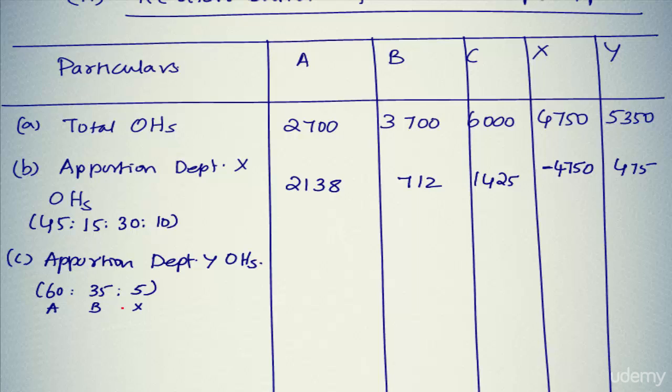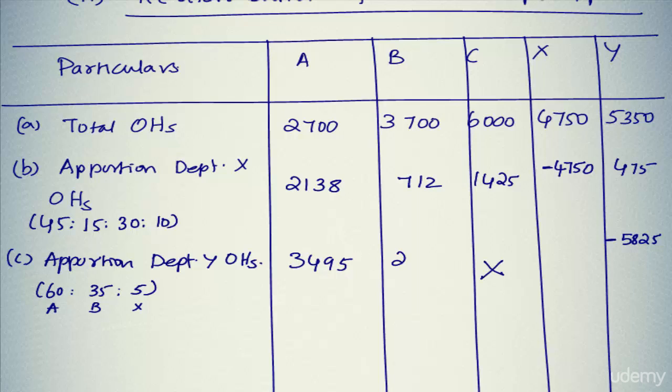So now we have to take the total expenses of department Y, which is 5,350 plus 475, so this 5,825 has to be apportioned between three departments. We are not going to apportion anything to department C, so we'll block department C now itself. So 5,825 multiplied by these ratios, we will get